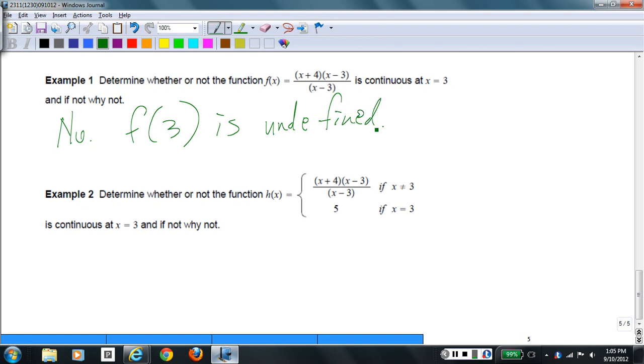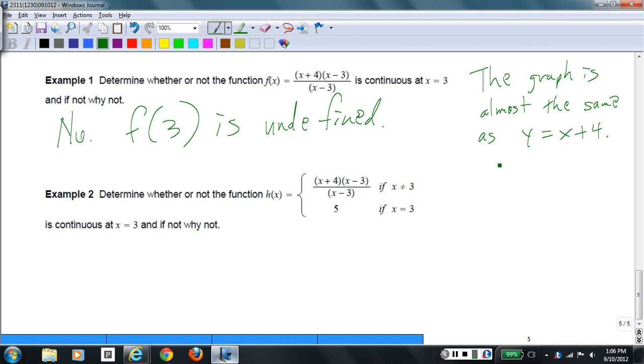Okay, so that's an easy one. Now, if you're sketching the graph of this, the graph is almost the same as y equals x plus 4. Because when you simplify it, you scratch out the x minus 3's, and that's basically what's left, y equals x plus 4. The only difference between the graph of this function and the graph of y equals x plus 4 is the hole in the graph. Y equals x plus 4 doesn't have any holes in it, but this one has a hole with an